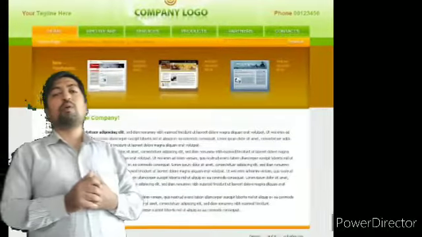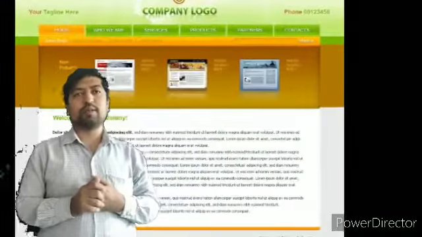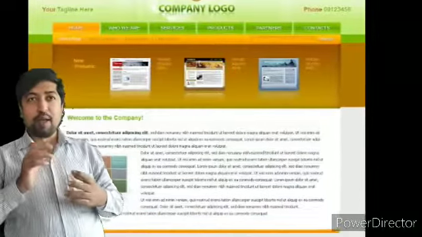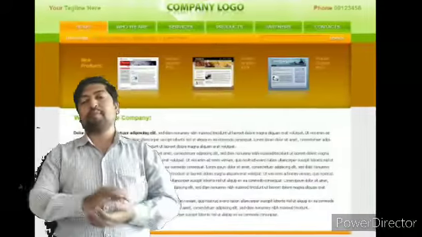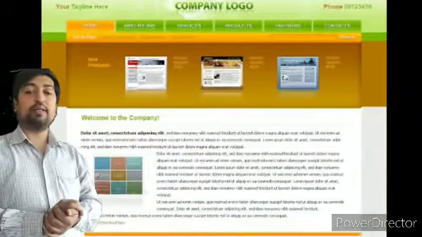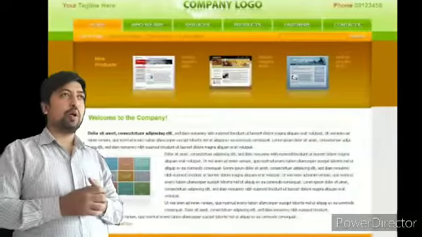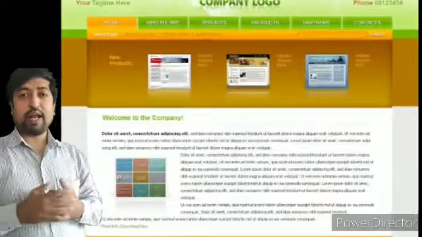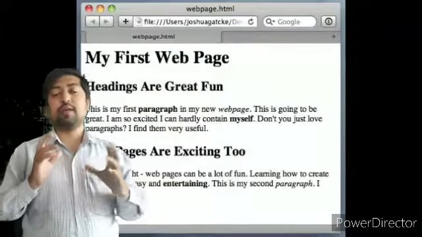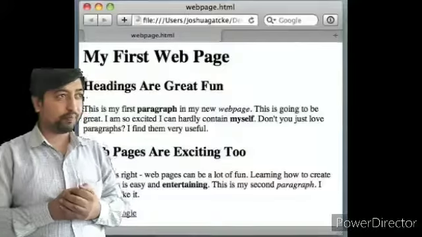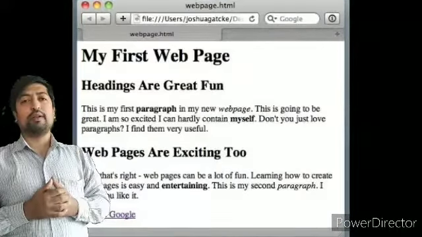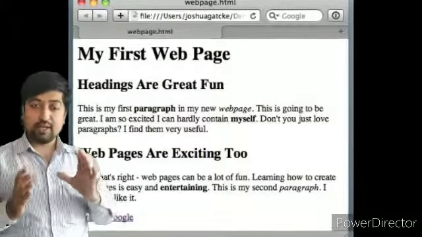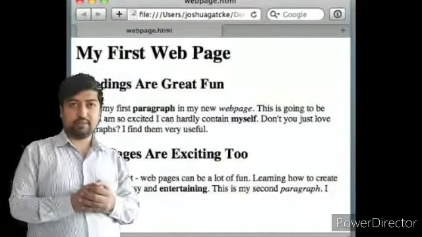I have already told you that HTML is a hypertext markup language. I gave an example of markup in my last video, but today I will also try to give you one best example. Before learning the HTML tag, firstly we have to think about why we use the tag.